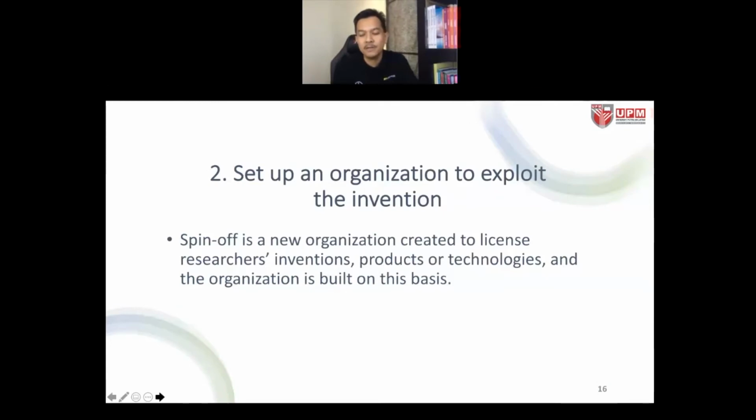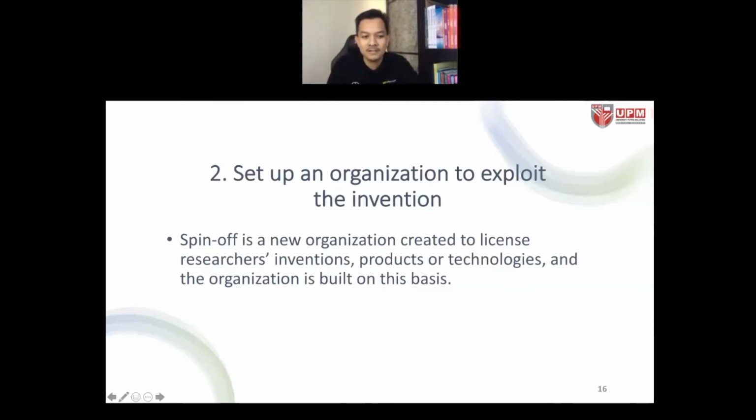Like the example given last week, where UPM, in our product, my OBE, set up a company called MIG Edusis to commercialize our product. So it is a spin-off company. It is a new organization created, right, to license researchers' inventions, products, or technologies, and the organization is built